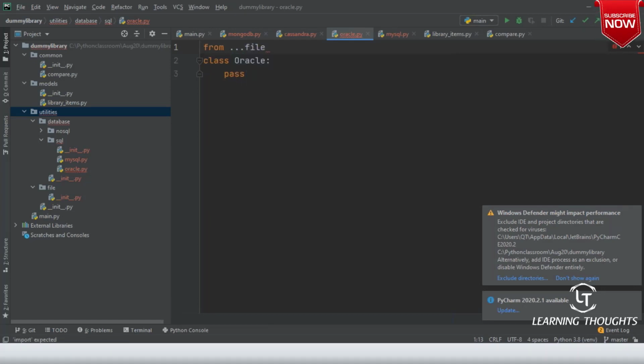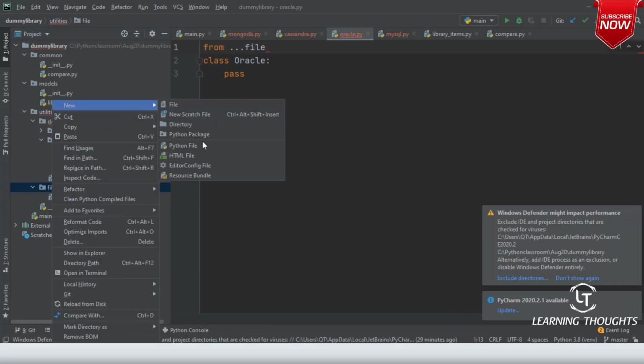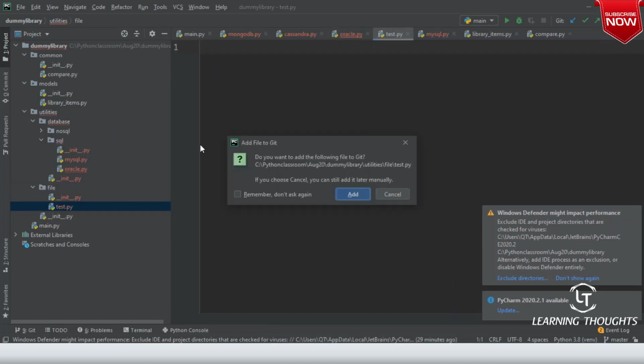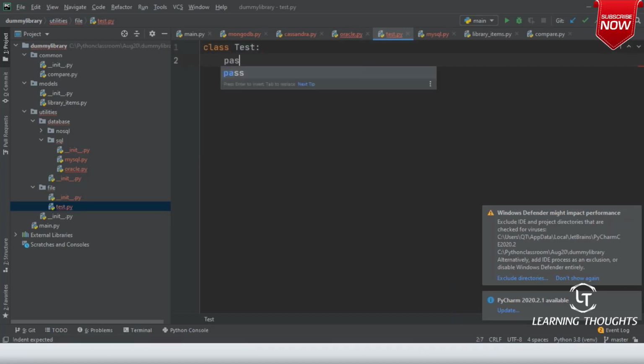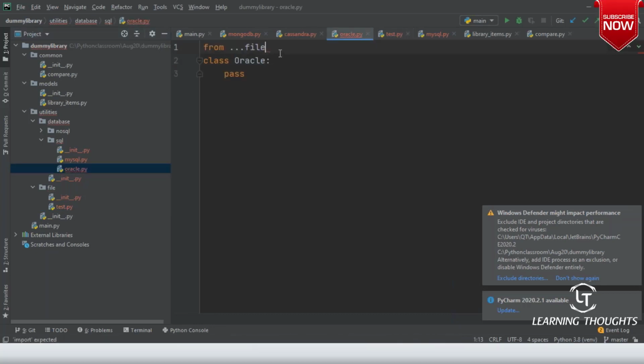Let us assume that in file utilities I write one file called test. So class test, and I'll be writing pass. Now let us assume that I want to import test.